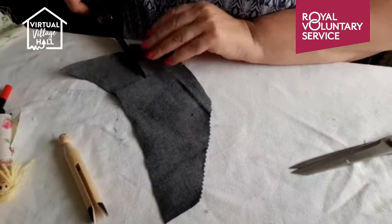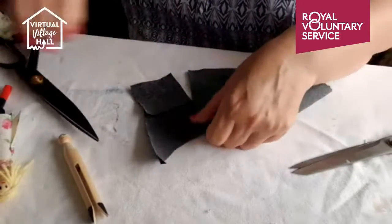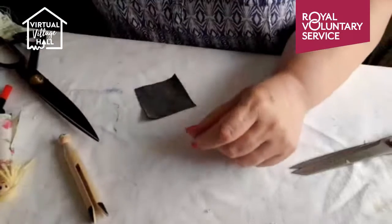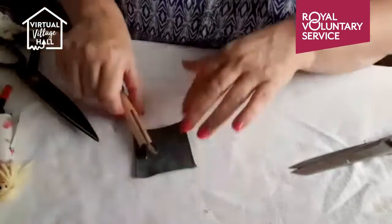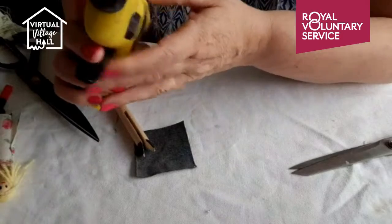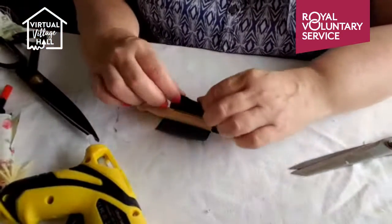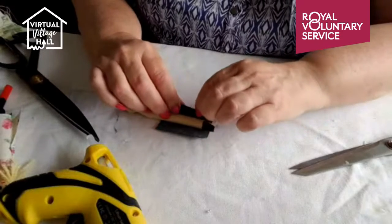Now, I haven't actually done this before, trousers. So I have an idea in my head of how it's going to work. It might not. Okay, back to the glue, which has now conveniently switched itself off. While that warms up, I'll show you what I think I'm going to do. What I think I'm going to do is pop